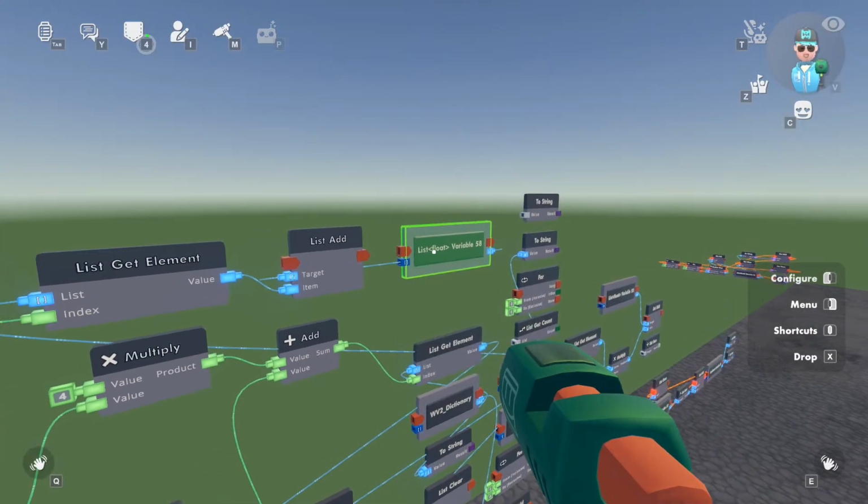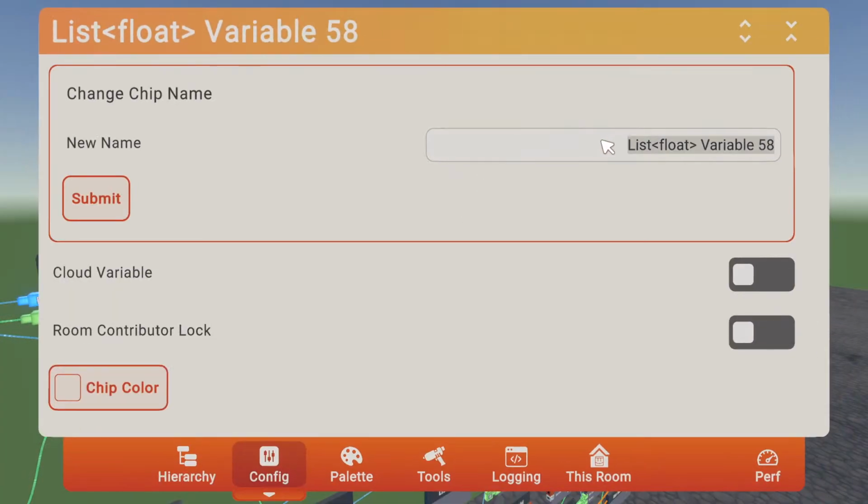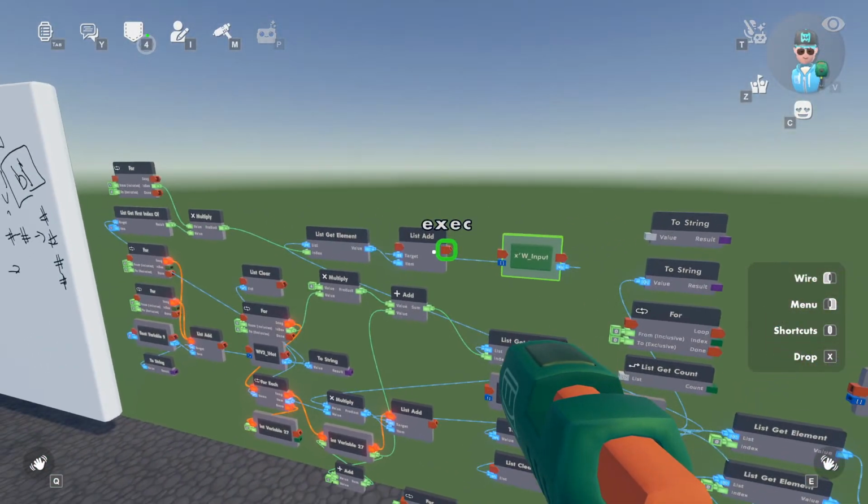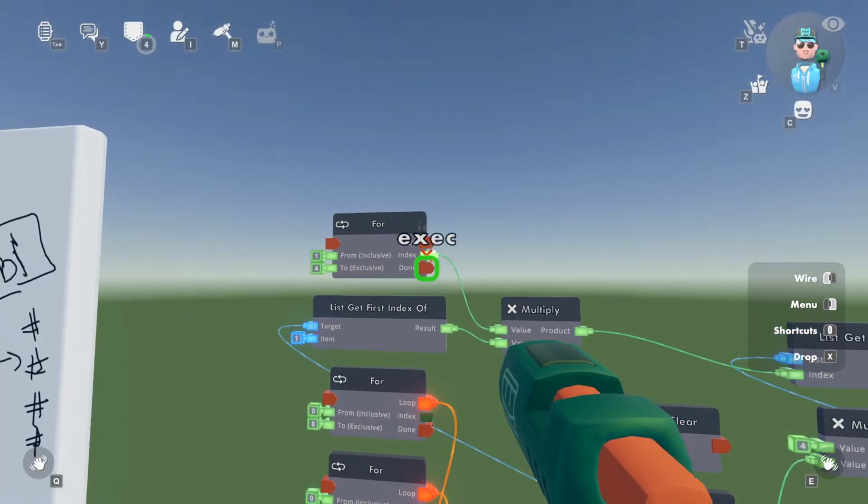And I don't even know what I'm going to call this. I guess it'd just be 1 hot by W input, and that should result in